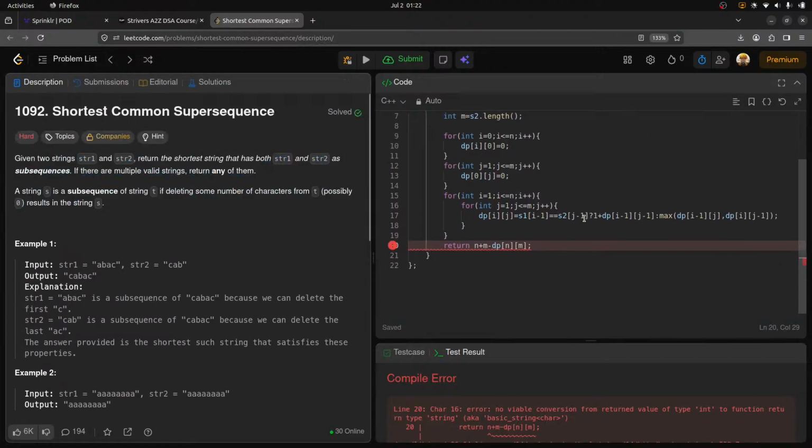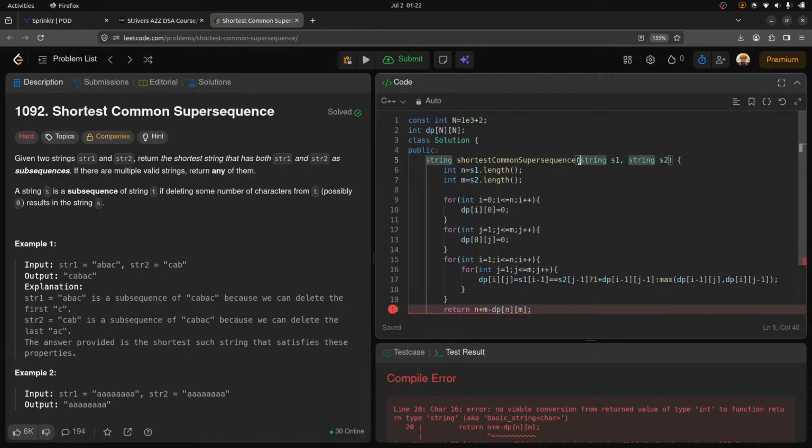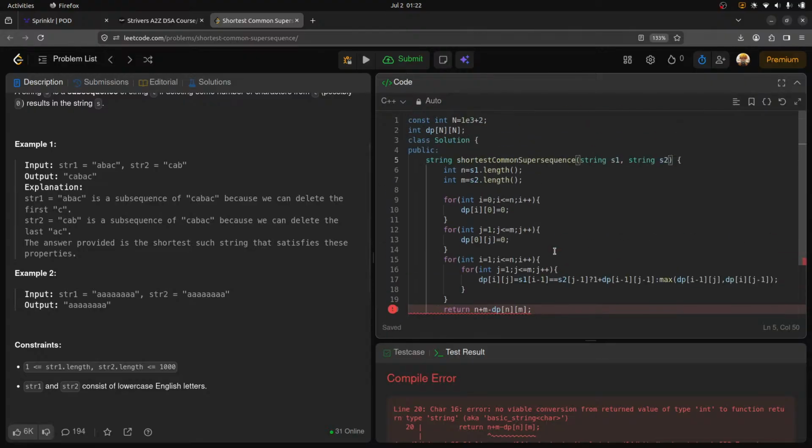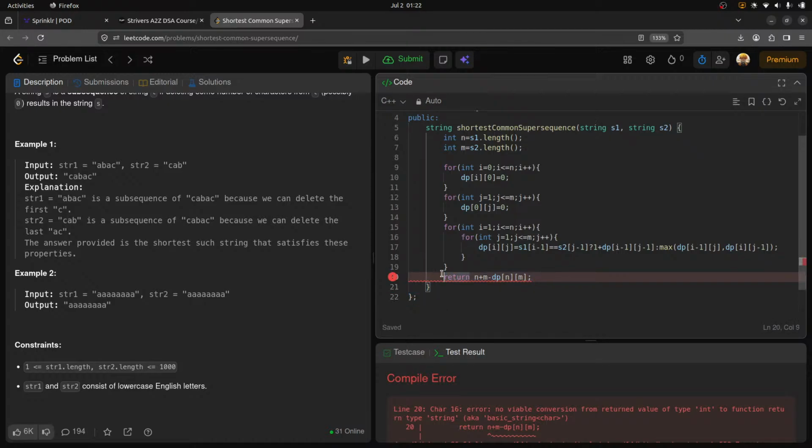Actually, you will have s1 and you will have s2. I did not see that I need to return the string, and I thought I just need to do return the. Okay, so after you find the LCS, you will know what is the string. And once you get the string, if you see that